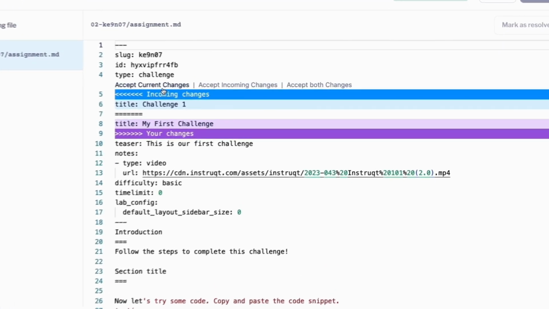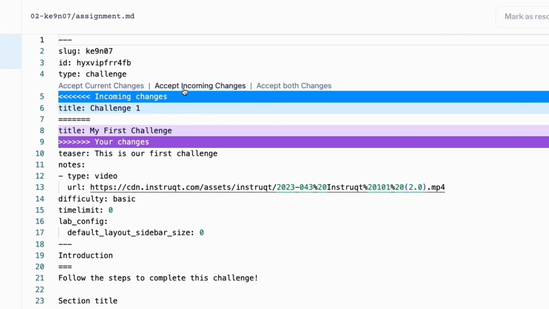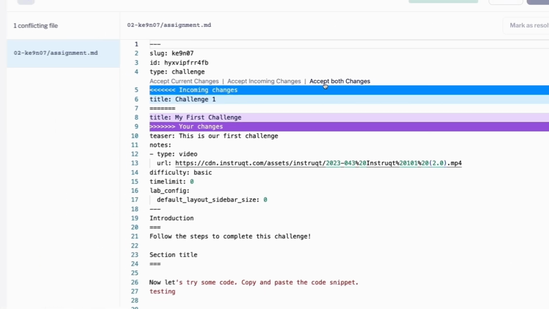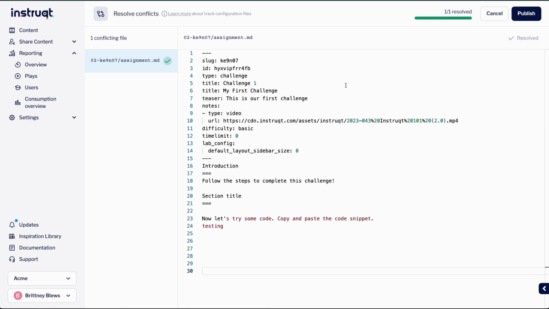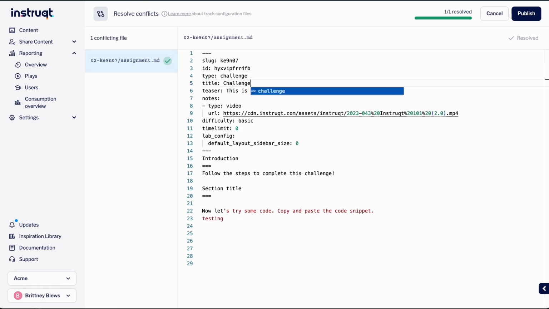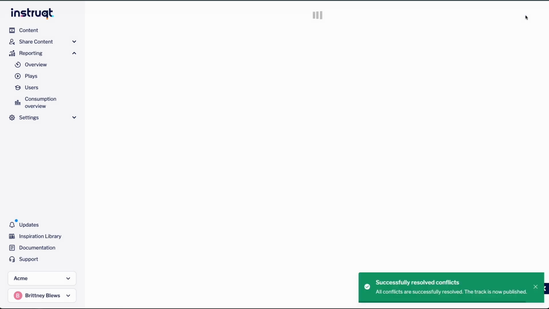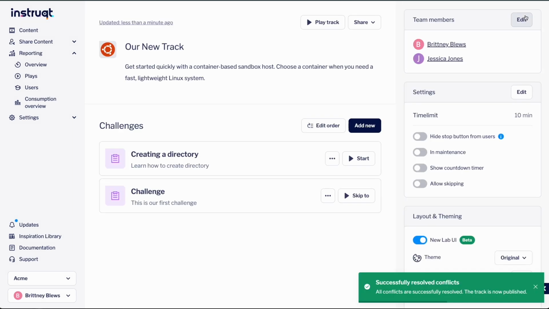We can accept our changes or the incoming changes made by others. If there is a need for more complex conflict resolution, where a combination of the values from both changes is the desired outcome, it's possible to change the contents of the file directly through the file editor. Now that all the conflicts in the configuration file are resolved, we see the Publish button is now enabled. Clicking Publish will save the track with all the changes we've made, including any changes made during the conflict resolution